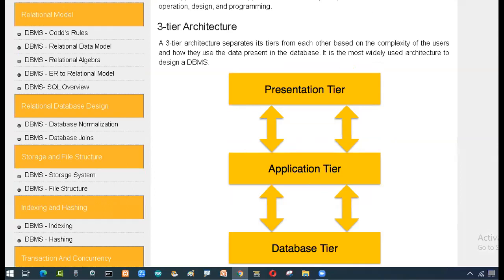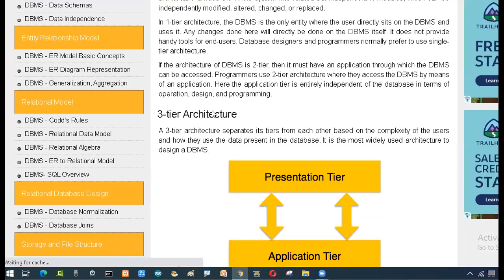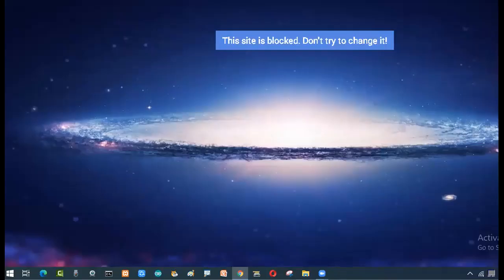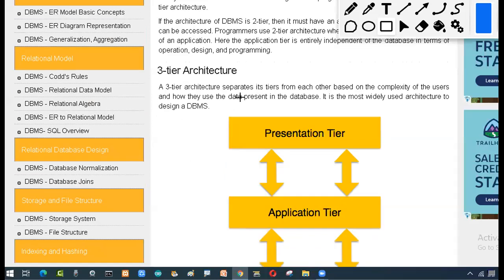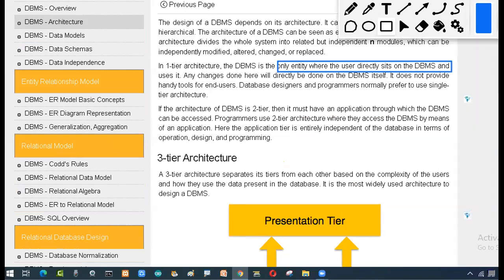So what is happening here? Let's see the one tier, two tier, and three tier, and why we are moving to the three tier. In one tier, the user directly sits at the DBMS and uses it.